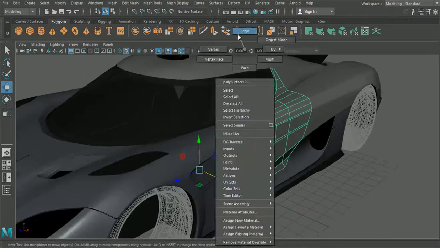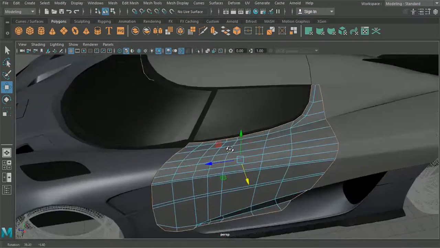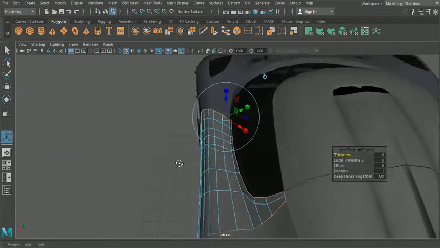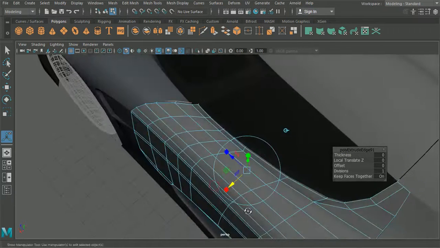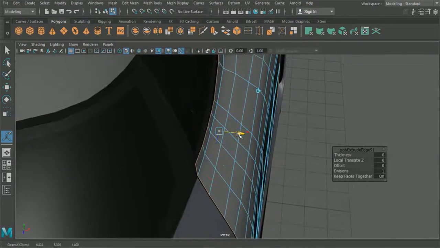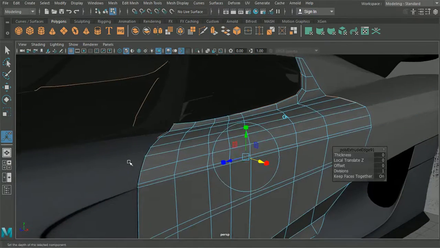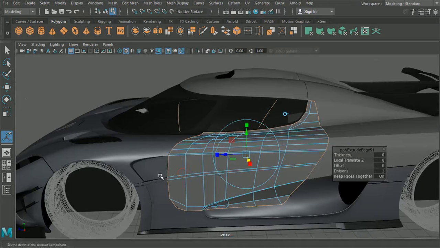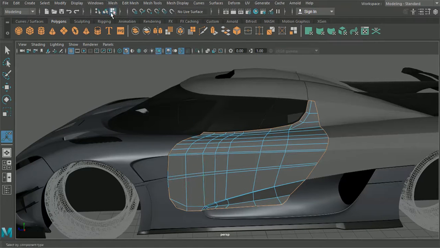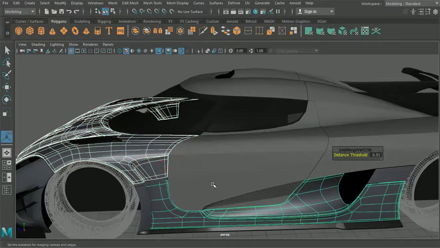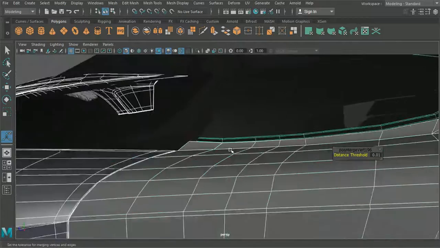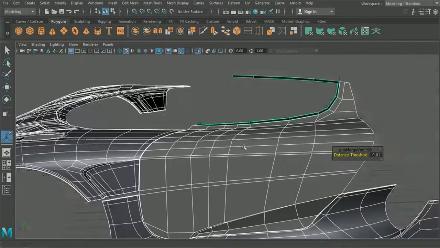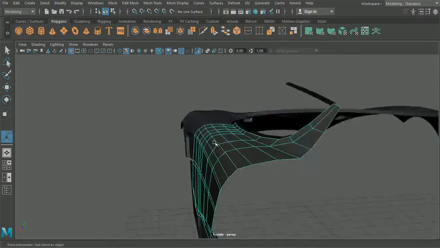So first things first, we'll grab all of these exterior edges, and because we're roughly on the correct axis here, we'll hit this on the world option and we'll just pull to the side. Okay, so it's going to be a bit tricky there. So rather than do them all at once, let us bring in the corresponding sections here. We'll also take the surround as well. We can isolate the selection,